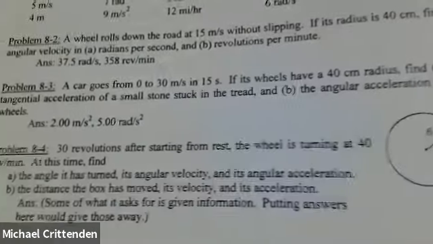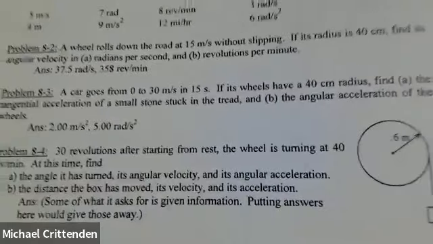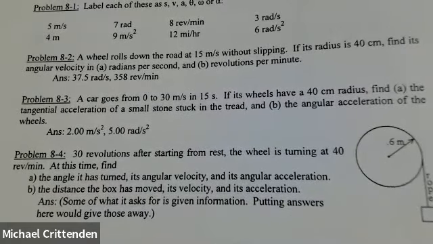Next one. So number 2 was about velocity and angular velocity. Number 3 is about acceleration and angular acceleration. Part A says to find the tangential acceleration of a small stone stuck in the tread of the tire. Well, if you think you can get it, go ahead. But if you need a hint,